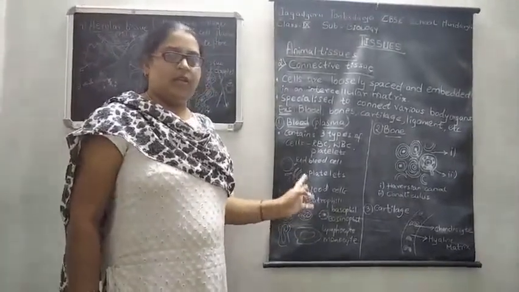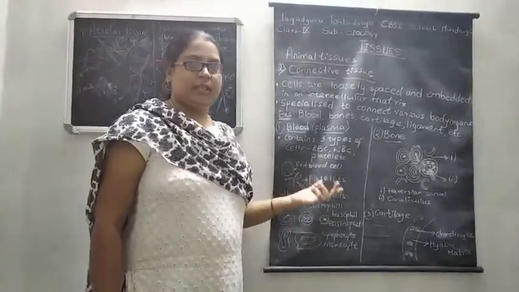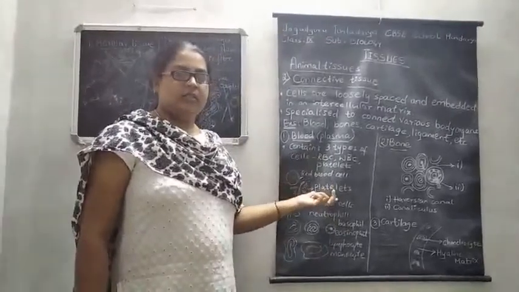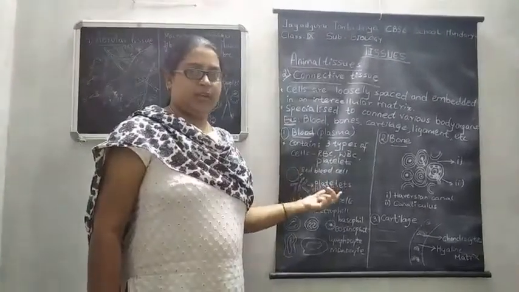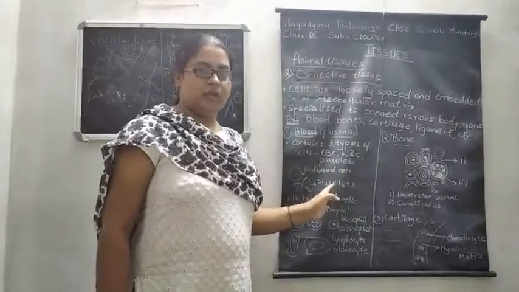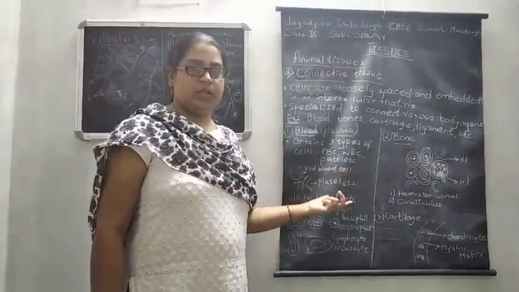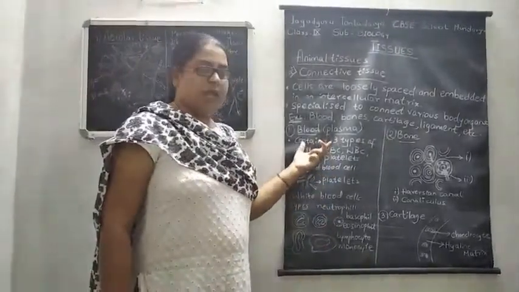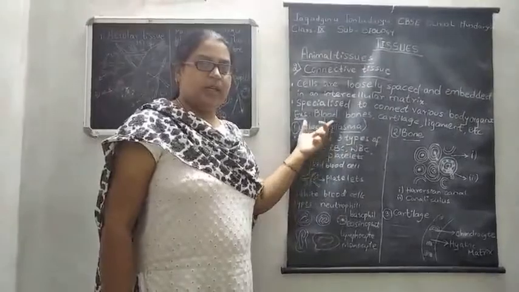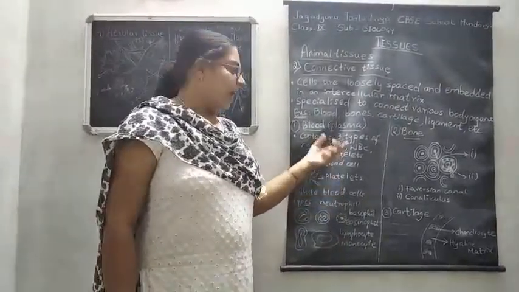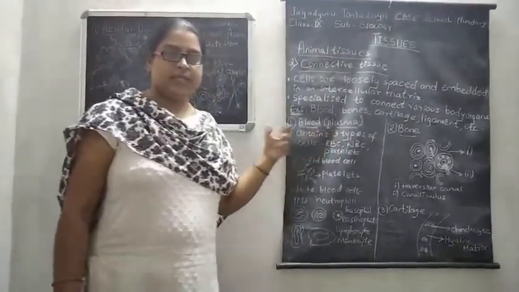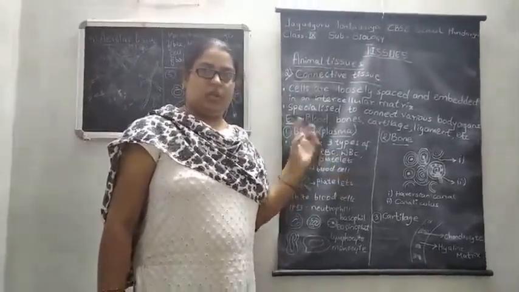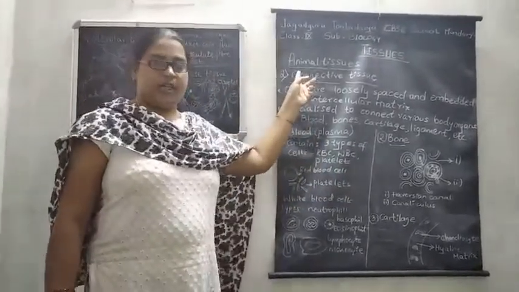WBCs play a very important role in killing disease causing germs. They act like soldiers. And platelets help in forming clotting factors during injury to avoid the overflow of blood at the time of injury. And RBCs will carry the oxygen. So these three main types of cells present in the blood all play a very important role. The main function of blood is to transport the various essential elements to all the vital organs. It is a liquid connective tissue. Okay, understood? This is the first type of connective tissue.